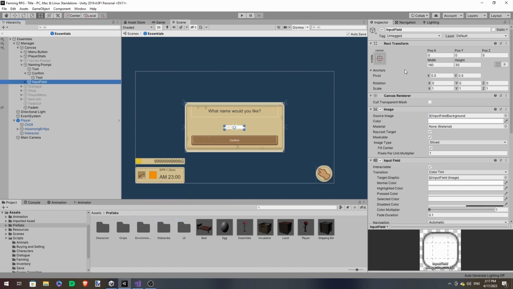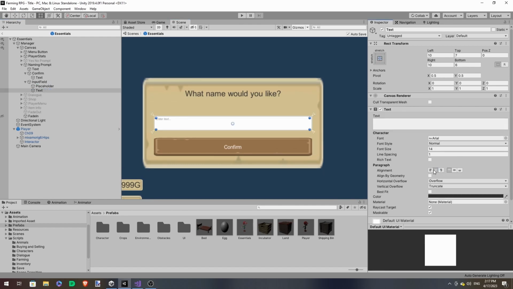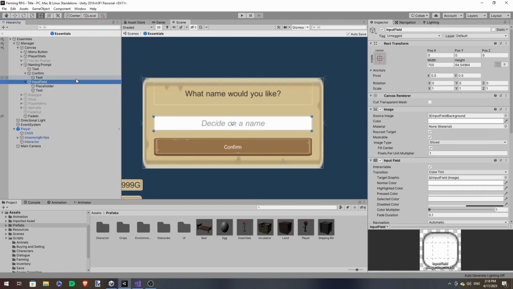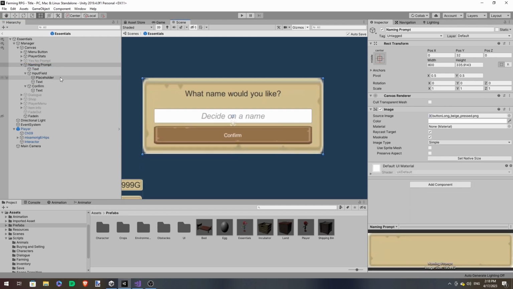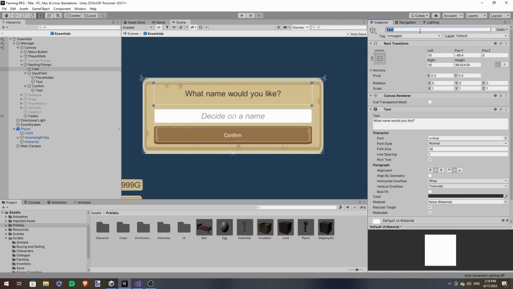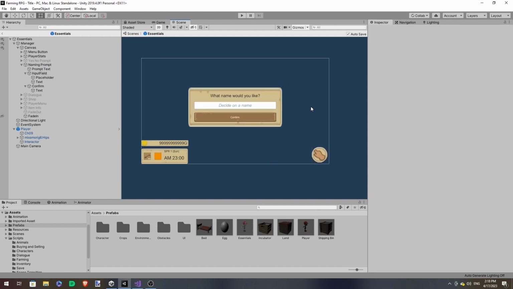I'm gonna insert the input field. Okay, now that we have this set up, we'll have to create the script that handles the naming prompt.